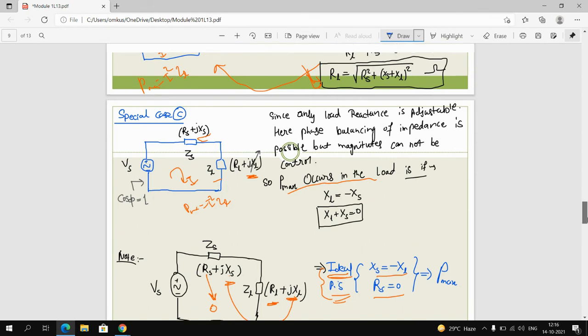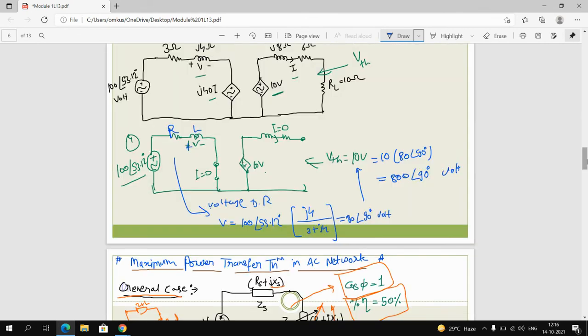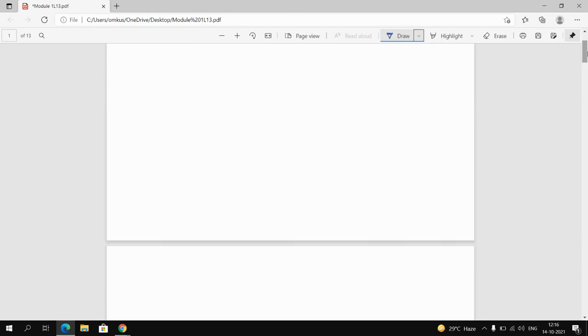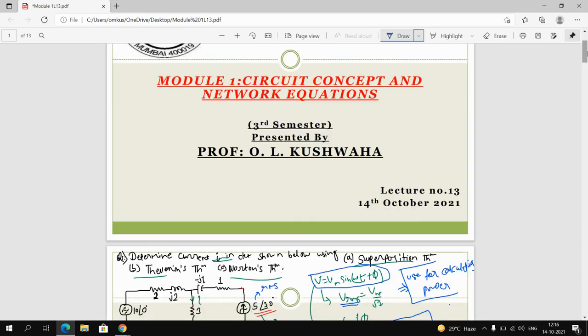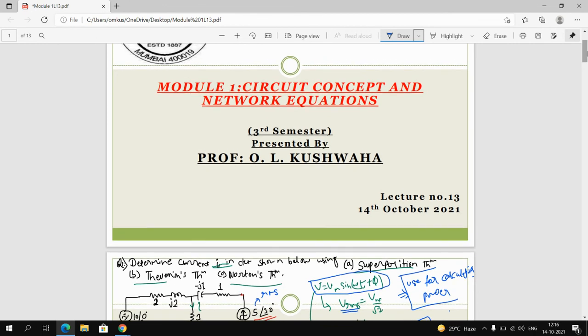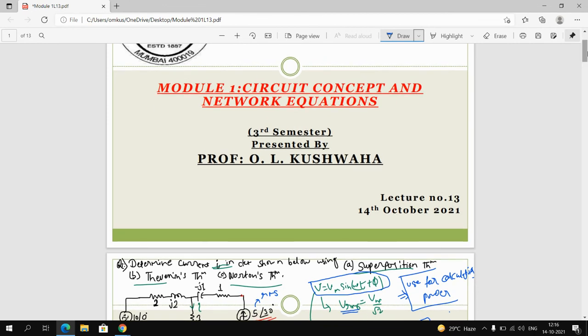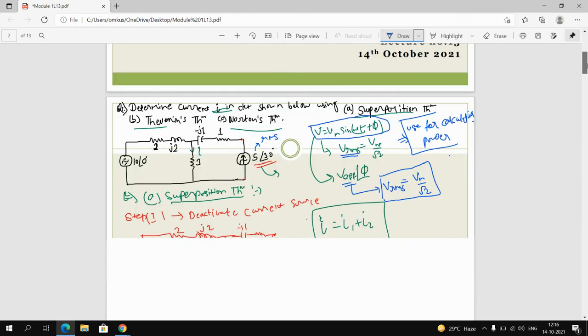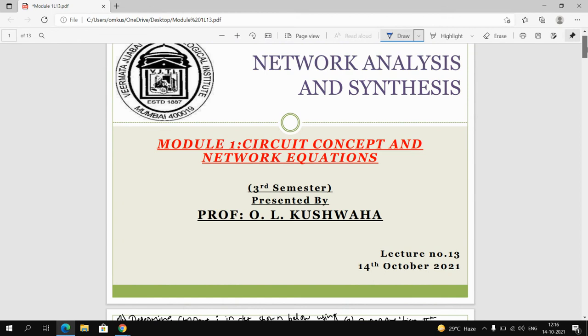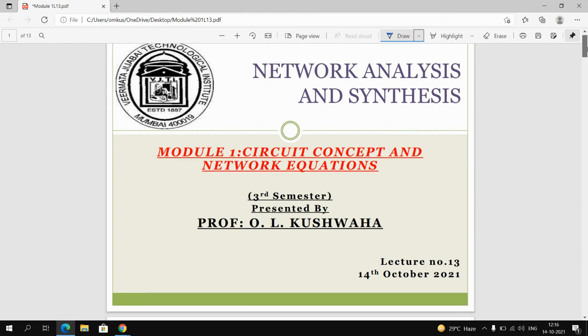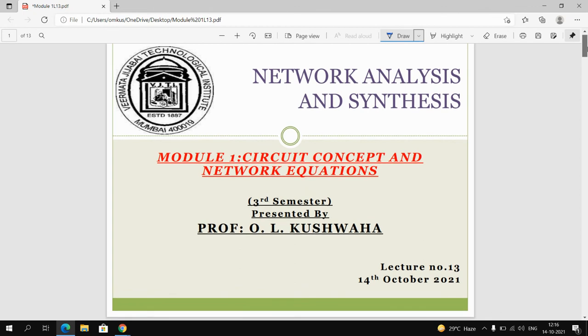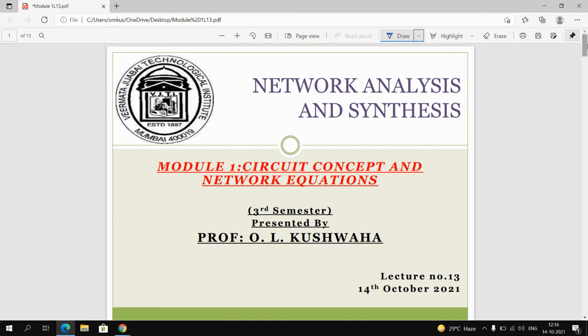Yes, we have covered almost all concepts regarding AC circuit analysis. There are some more points, which are duality and magnetic circuits, but those are not in your syllabus. But if anyone wants to learn those concepts, you can read them on your own. If anyone has any doubt, I can clear your doubt also. But officially, this is our syllabus and we covered all the concepts. You only need to practice as much as you can, and if you have any doubt, please ask.